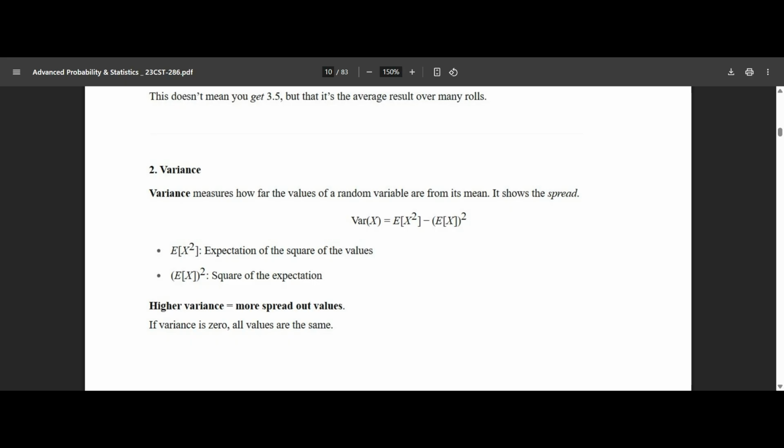सो व्हाट इज द बेसिक नोशन? हायर वेरिएंस इक्वल टू मोर स्प्रेड आउट वैल्यूज। इफ वेरिएंस इज जीरो दैट ऑल वैल्यूज आर द सेम। अगर आपको चारों मैथ्स की सरप्राइज टेस्ट में 17 आउट ऑफ 20 ही मिले, देन देयर इज जीरो वेरिएंस, कि आपको कोई वेरिएशन हो ही नहीं रहा है आपके एग्जाम में। ओके, आपको सारे एग्जाम्स में 17 आउट ऑफ 20 मिल रहा है, मतलब देयर इज नो इम्प्रूवमेंट, देयर इज नो डिप्रूवमेंट इधर।